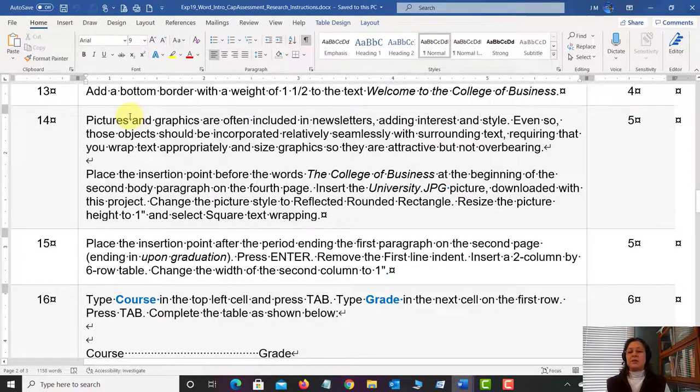And so they're telling us again, pictures and graphics are often included in newsletters, adding interest and style. Even so, those objects should be incorporated relatively seamlessly with the surrounding text, requiring that you wrap text appropriately and size graphics so they are attractive but not overbearing. So what do they want us to do? They want us to place the insertion point at the beginning of the second body paragraph on the 4th page. And there they're going to have us